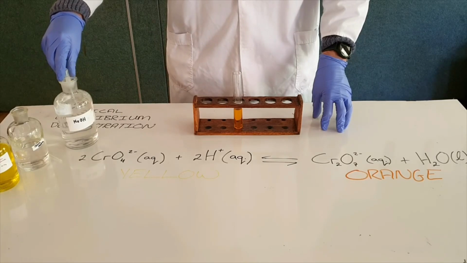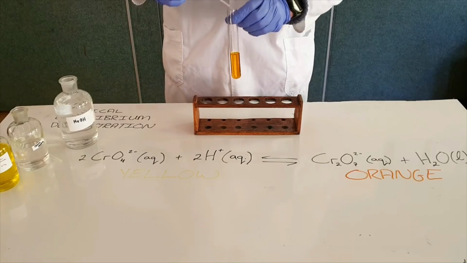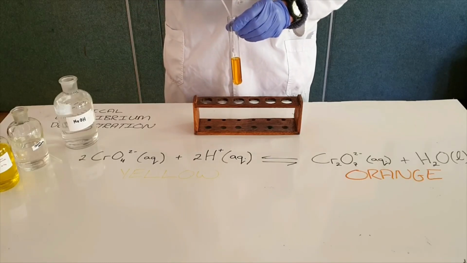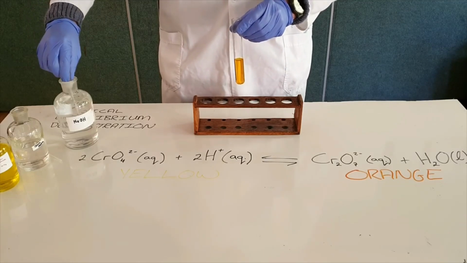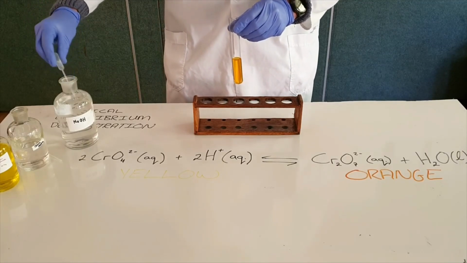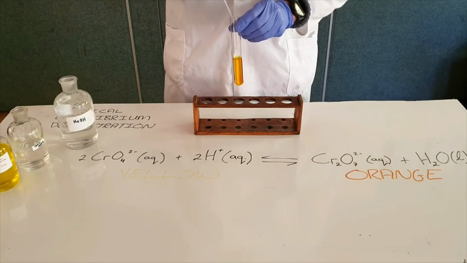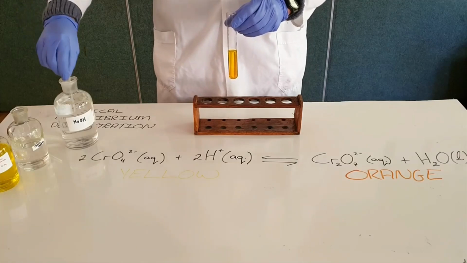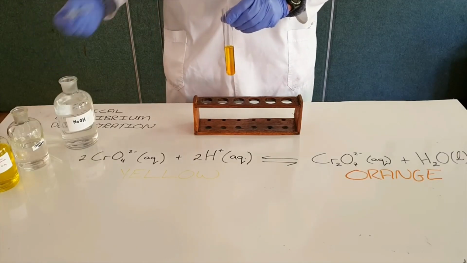reacts with the hydrogen ions, and thereby we decrease the concentration of hydrogen ions in the solution, and in decreasing the concentration of hydrogen ions, we are going to favor the reverse reaction, which is going to try to counter that change. It is necessary to add quite a lot of sodium hydroxide because this is a low concentration of sodium hydroxide,